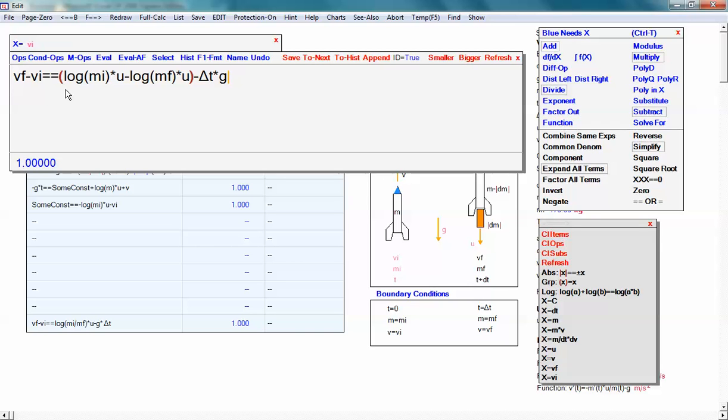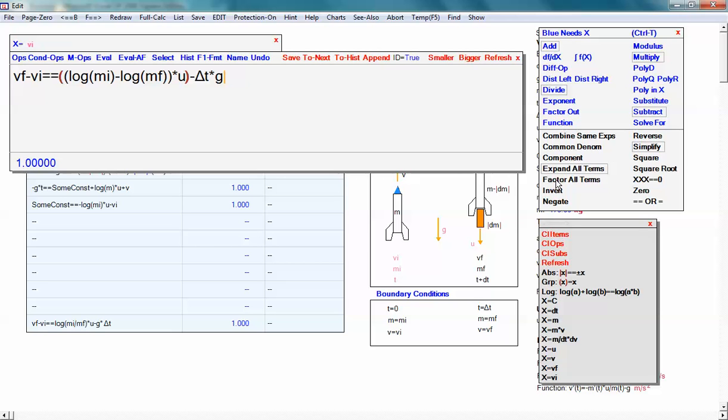I put them together in this group because now I can do a factor on all terms, and it will factor the things inside this parentheses. In other words, it'll pull that u out. So if I do that factor all terms, one of my standard equation operations, I've factored the u out of that expression. And the reason I've done that is because I'm left with a log minus log, which